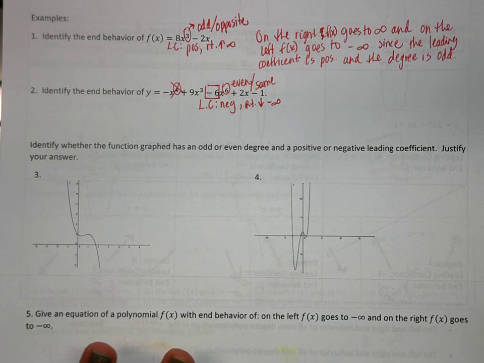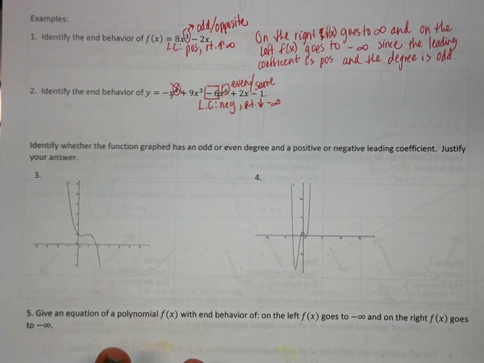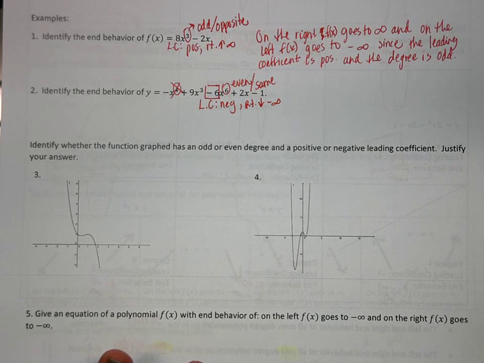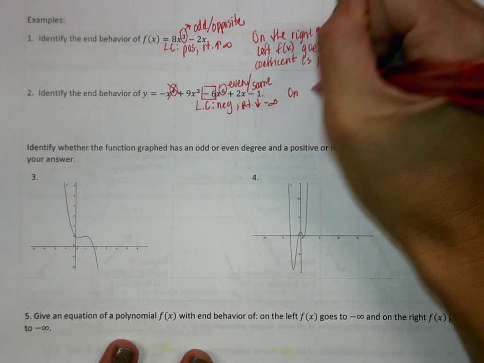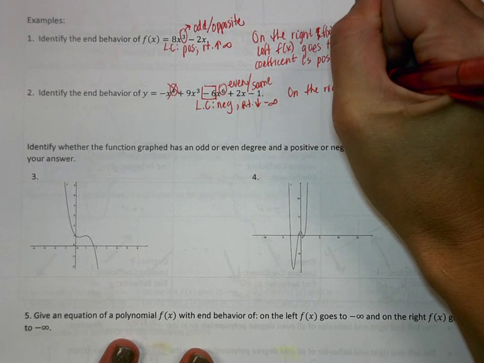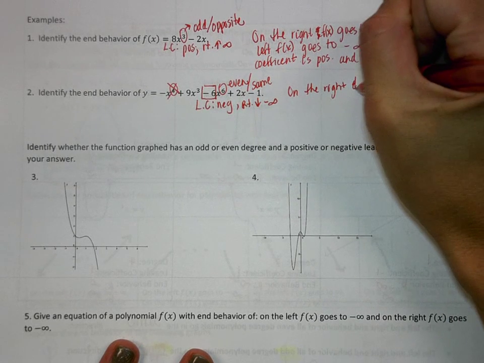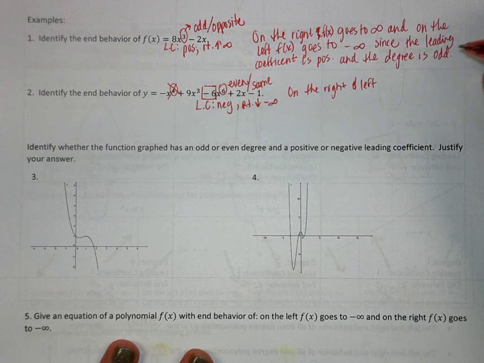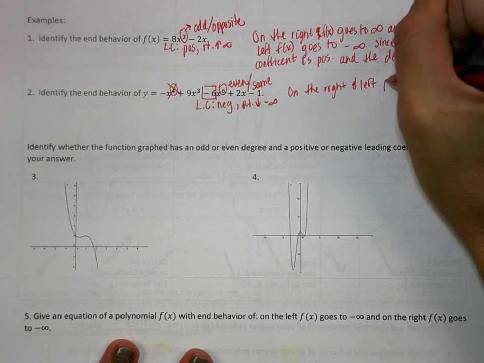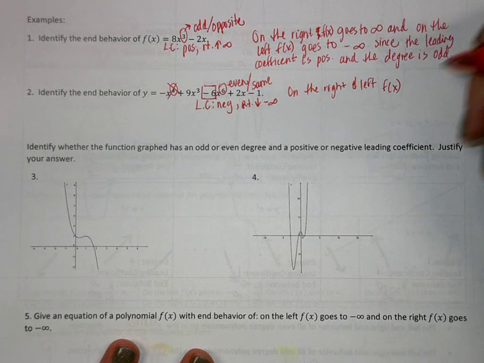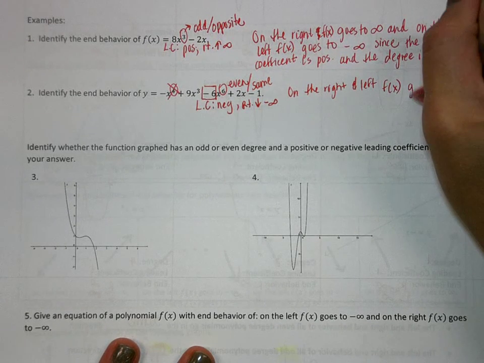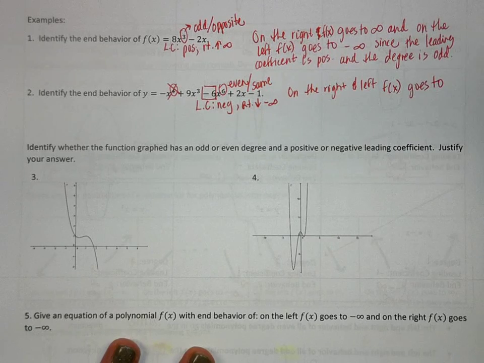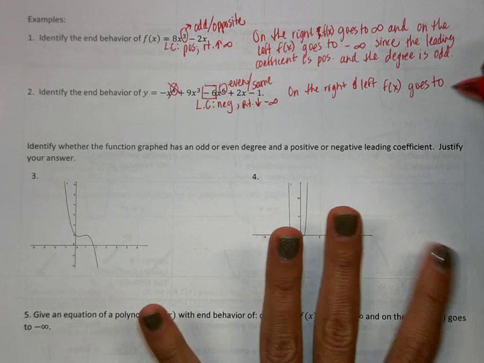So we need to write another sentence. Now, since they're going in the same direction, I can put on the left and right at the same time. So it just makes my sentence a little shorter. Okay, so on the right and left, f of x goes to negative infinity